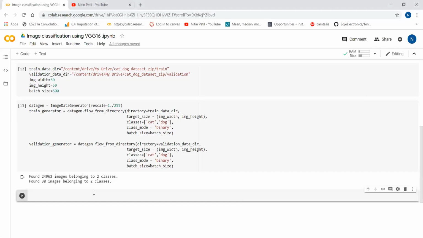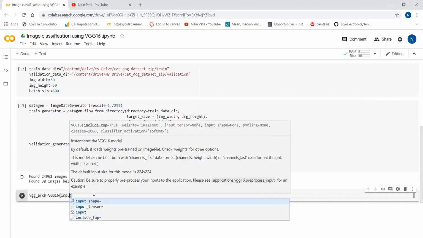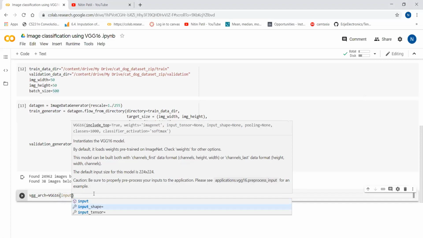So the VGG architecture I'm going to import. There is VGG16 and input_shape.